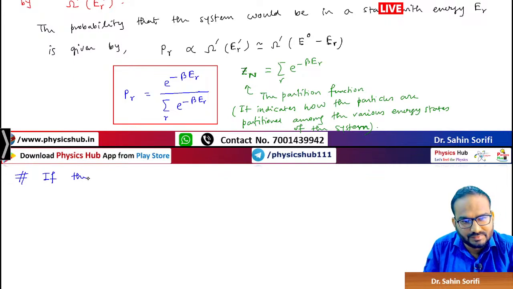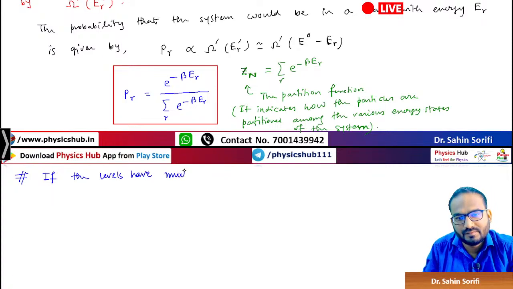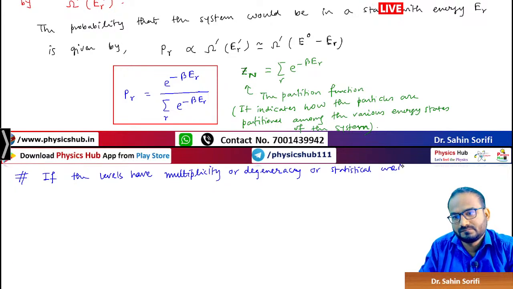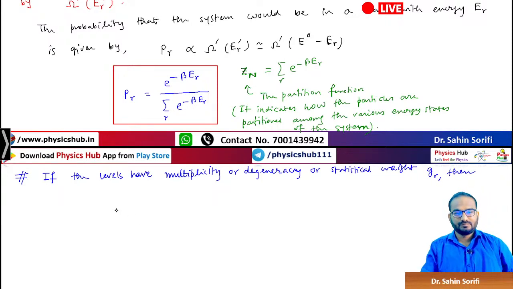If the levels have multiplicity or degeneracy or statistical weight, let's say GR, then the probability